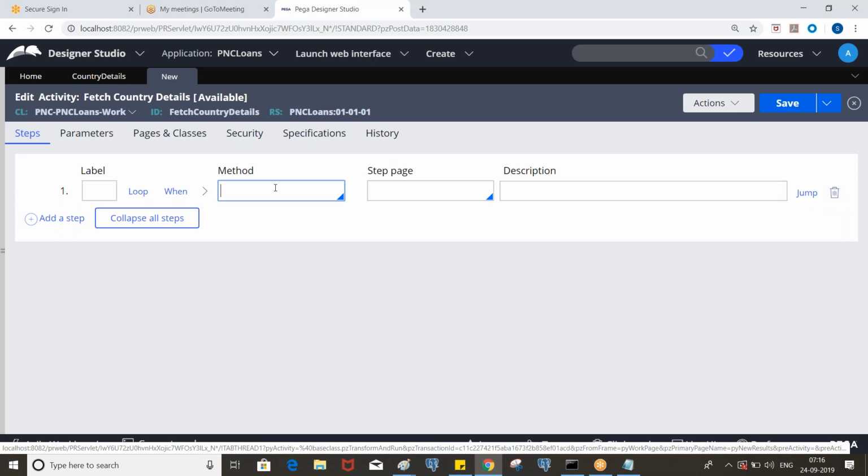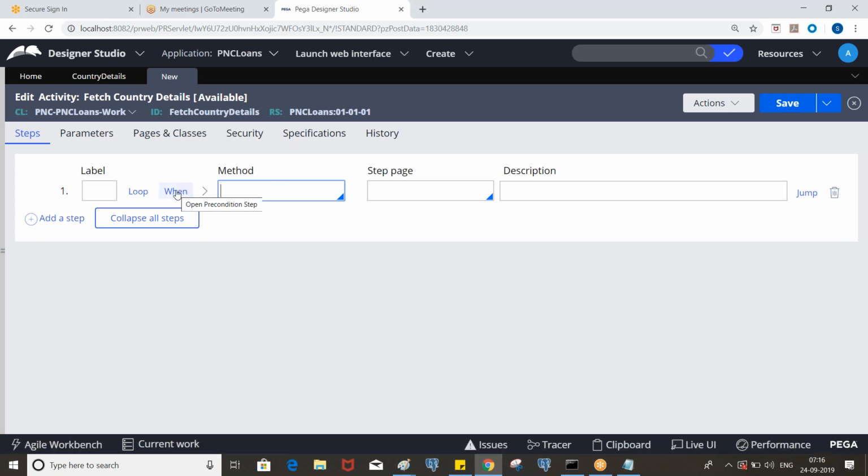Before executing the method, this rule will be executed. After executing the method, this rule will be executed. And the step is referenced to the clipboard. And description is an optional field, and you can put some description about that method, why you are using it.